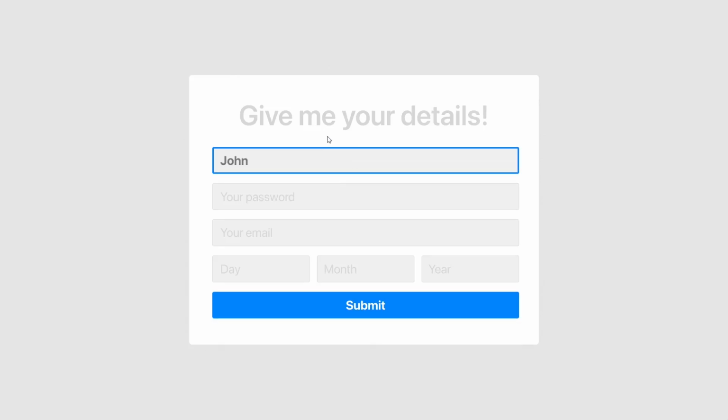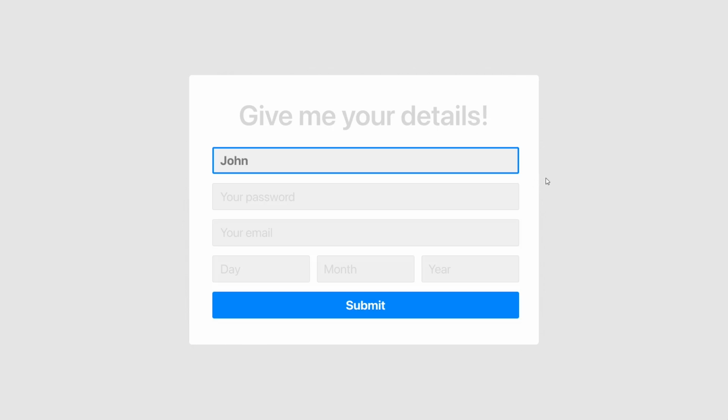Right, so imagine you're building a web application that collects user information through a registration form. This is a very common scenario for almost every software out there where you'd be required to input details like your name, email address, password, and date of birth. While this seems straightforward, ensuring that the data entered is valid and is of a specific format is a critical